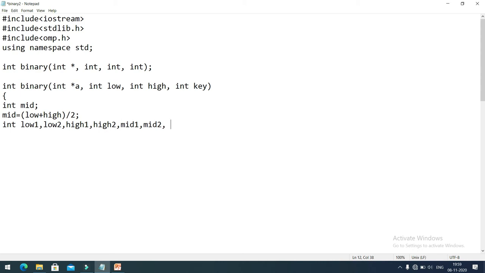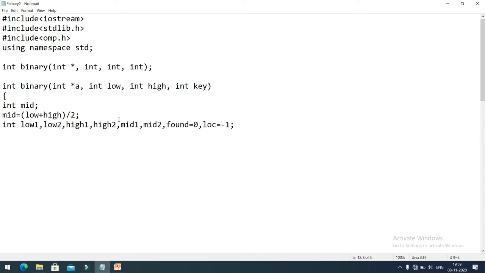Then one variable called found I will declare here as 0, and one location variable which contains -1 initially. So these are the different variables that we are going to use in our code,